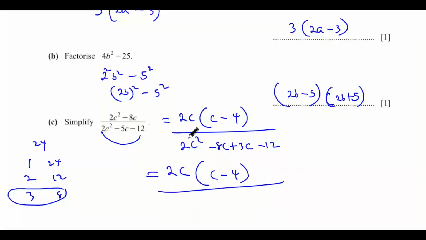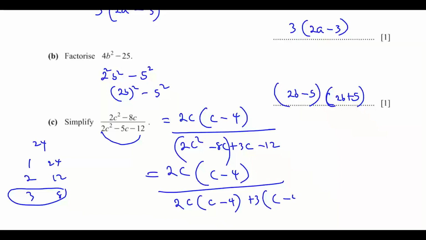What is common here? 2c. If you take out 2c, you'll be left with c here, then minus 4, then here we have what is common, 3, that's plus 3 into